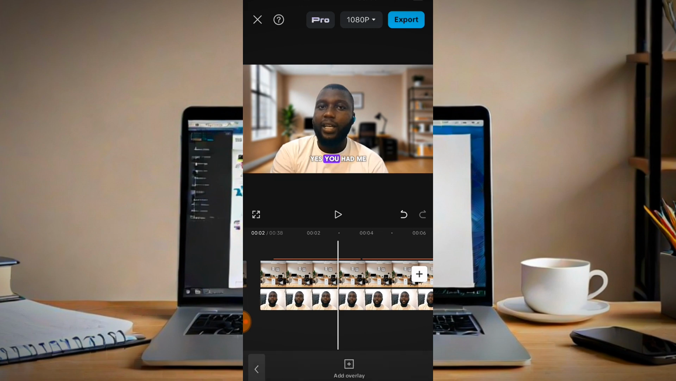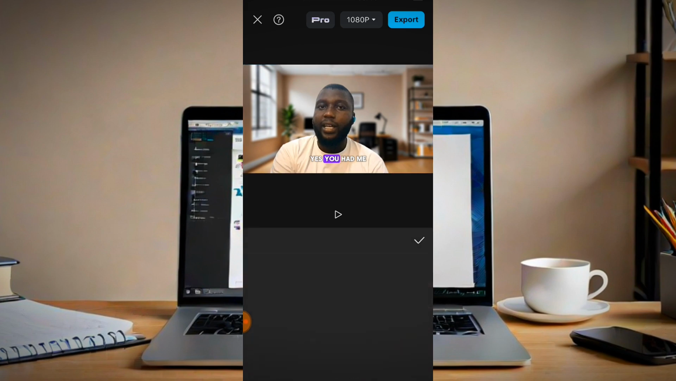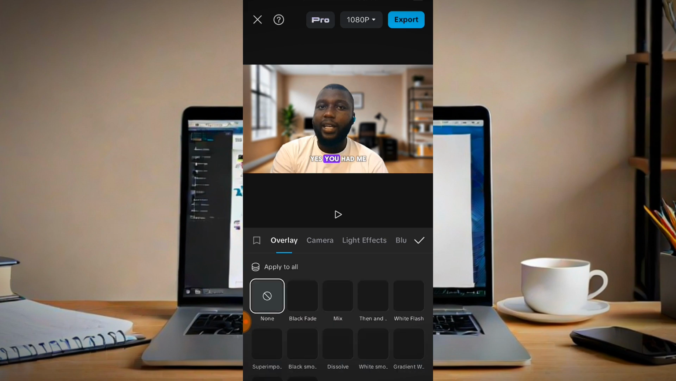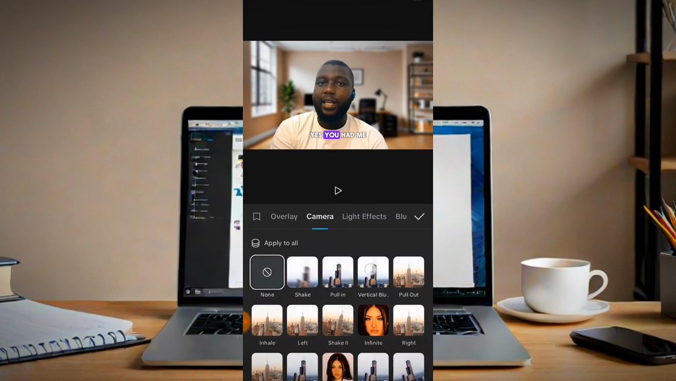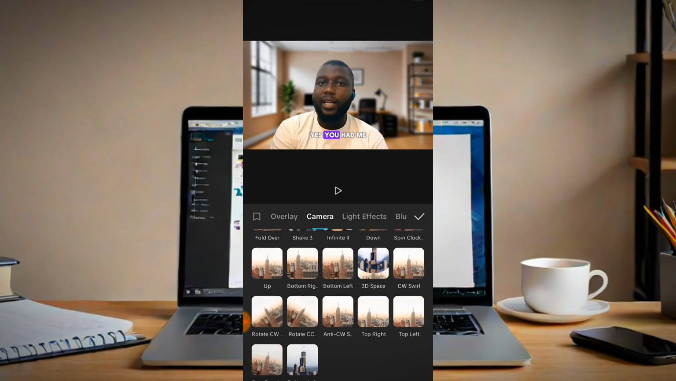No, excuse me. Okay, let me split the main background, then add a transition to it. So let's wait for the transition to pop up. There are some transitions that are free, and some more that are paid. You understand? So depending on whichever one you want,